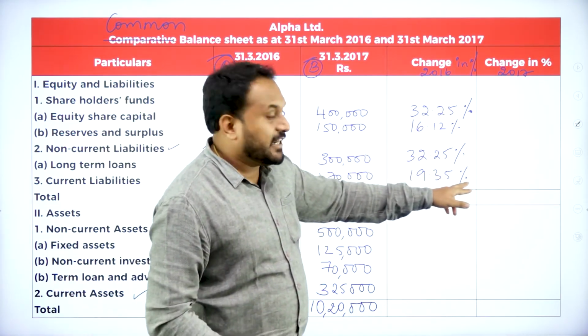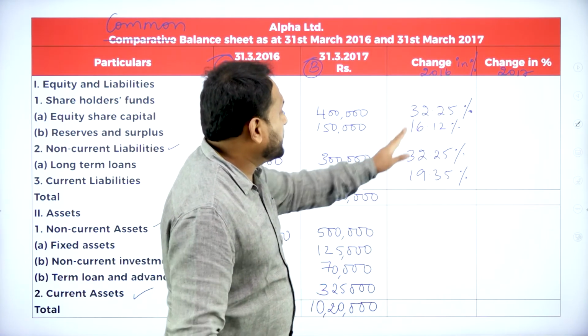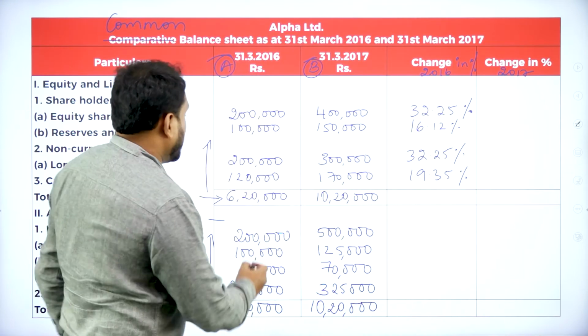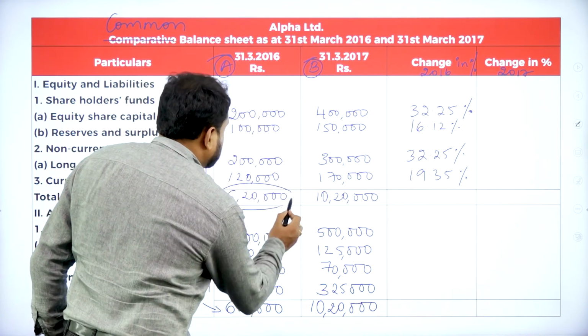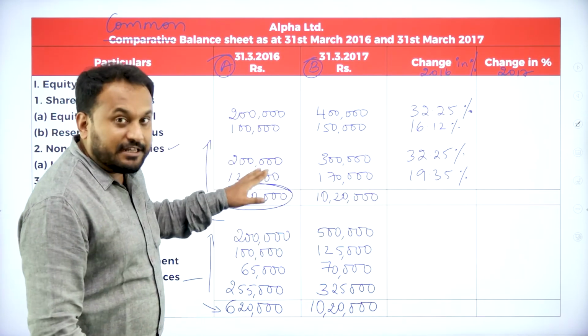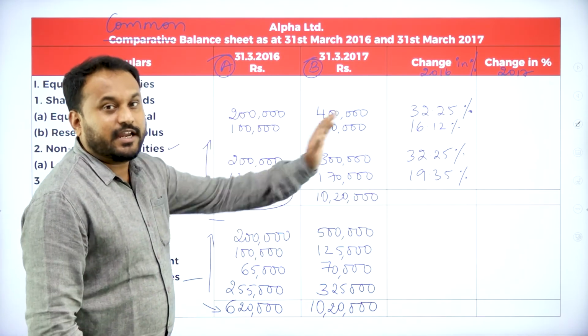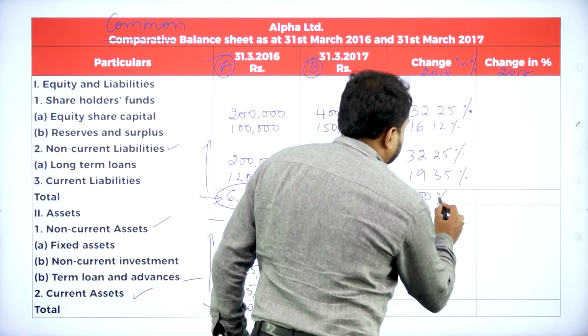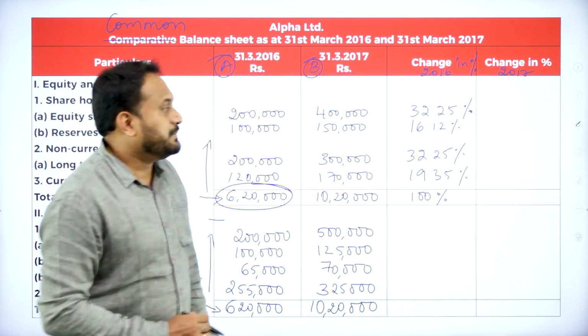The reason it is 99.97 is that we have not taken the complete values. If we take the complete values, 6,20,000 divided by 6,20,000 into 100 is what you will get here, which is 100%. So this is the magic of the